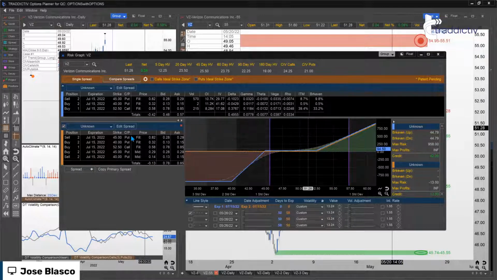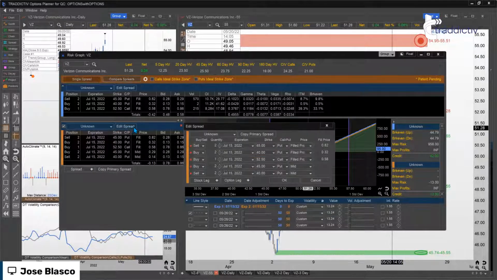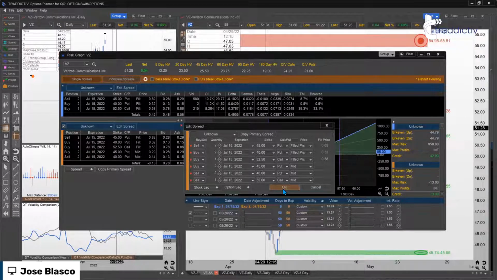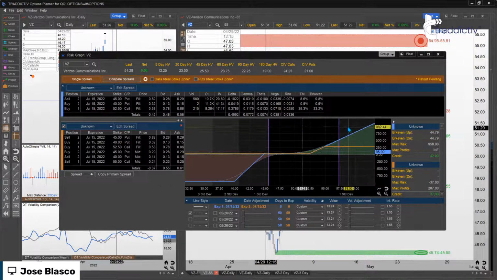But then to make it even better, given the fact that we are very close to the target, what I would suggest to do, apart from closing those puts, is to go ahead and sell one of the 55 call. Let me do it, and then let me explain what that means. If I sell one of the 55 calls,